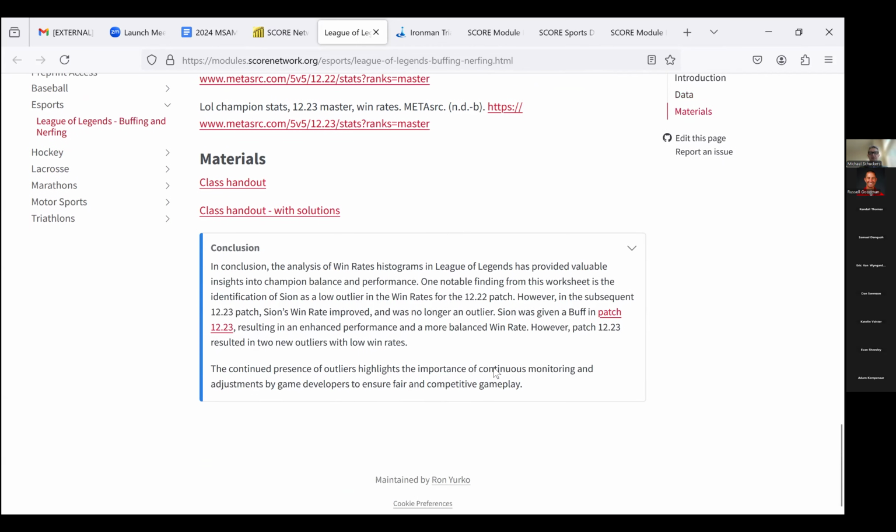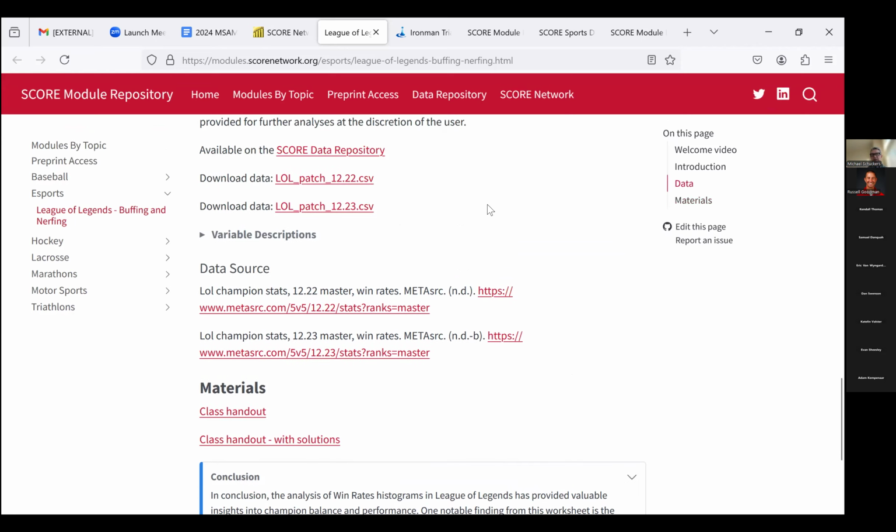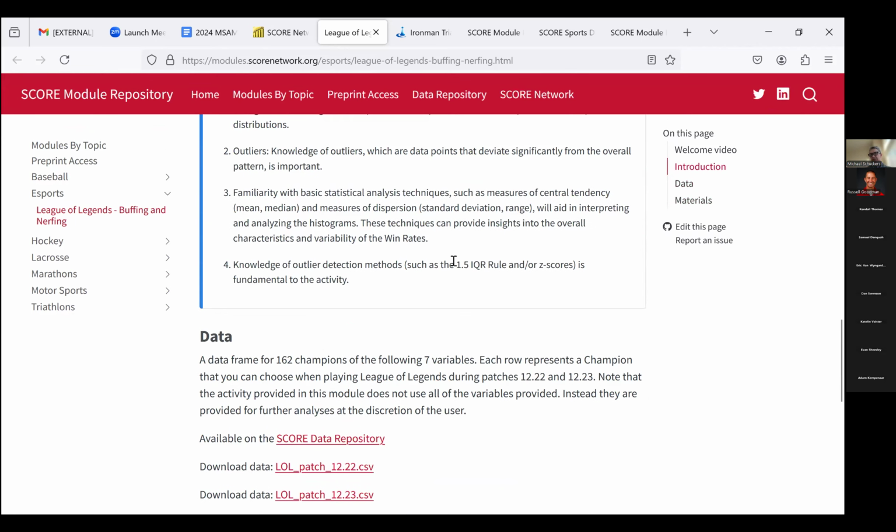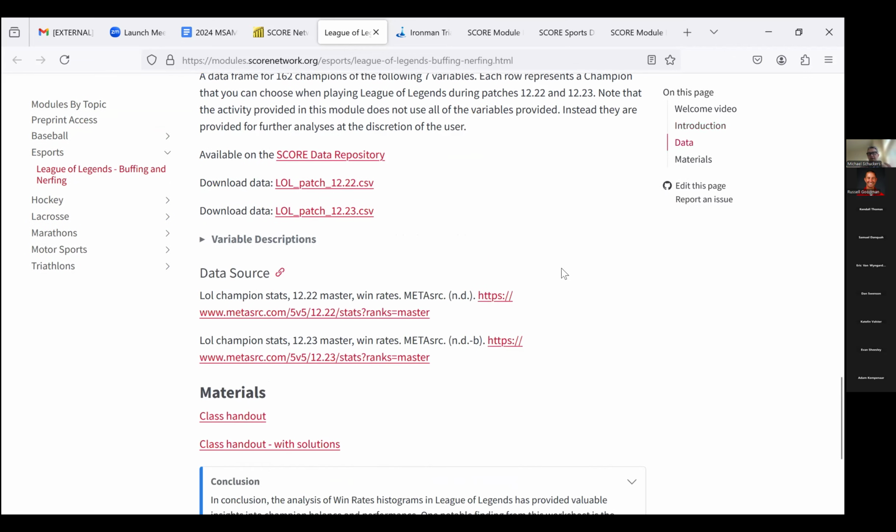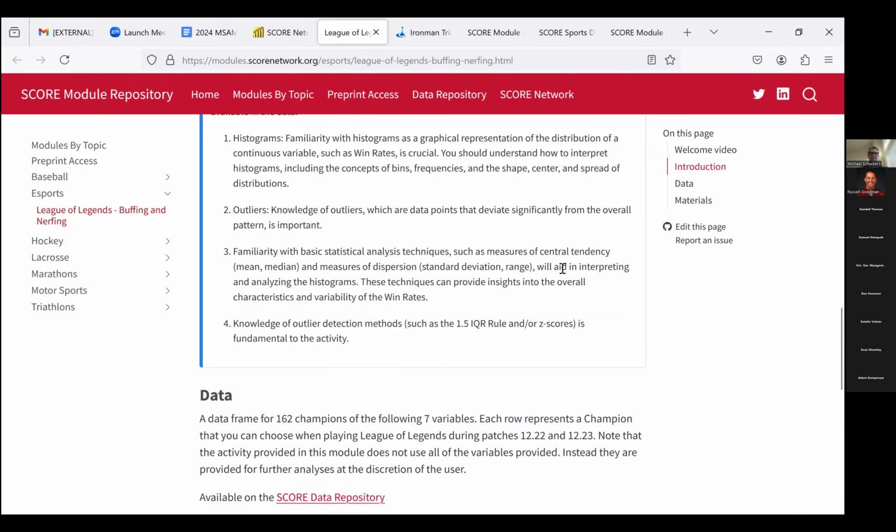And we've got a conclusion there, and students can come back to this. Class handouts are usually in some sort of format that faculty can then modify to their class. And so we want something that is flexible. I might talk about outliers, and traditionally, I only talk about the 1.5 interquartile range rule. Other folks I know do both that and a z-score rule for outliers. Obviously, with this material, you can go in and modify it as appropriate for your class.